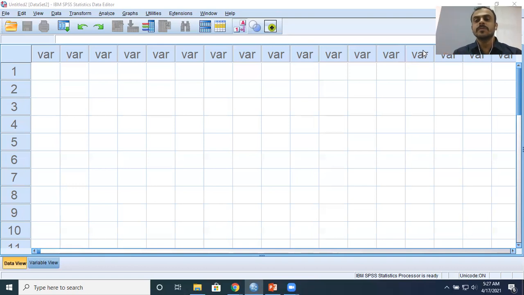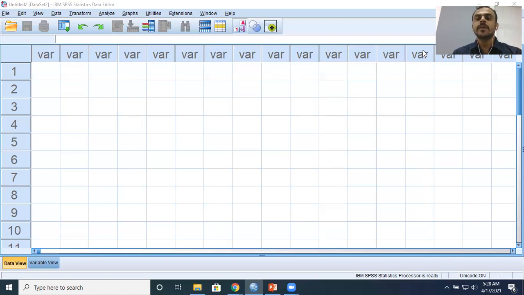What is the fourth important assumption that you need to look at? The fourth important assumption is the assumption of bivariate normality. That is, both the variables should follow approximate normal distribution. This is for statistical significance. When you are evaluating whether the correlation is statistically significant or insignificant, it is important that both the variables follow bivariate normality.